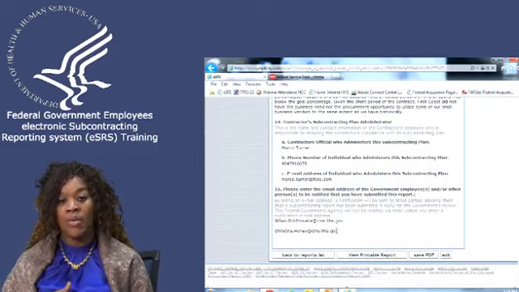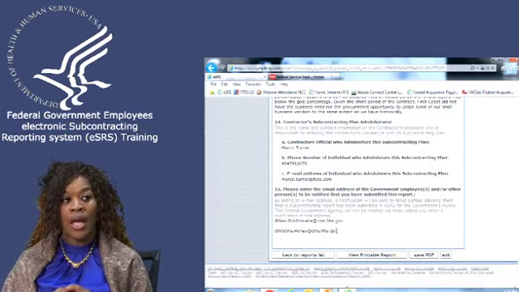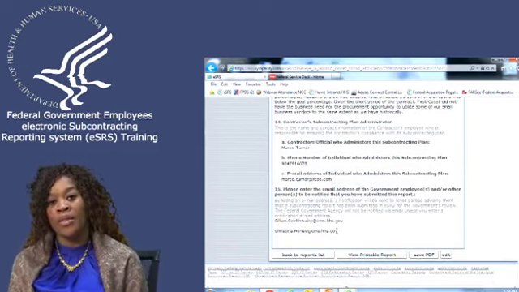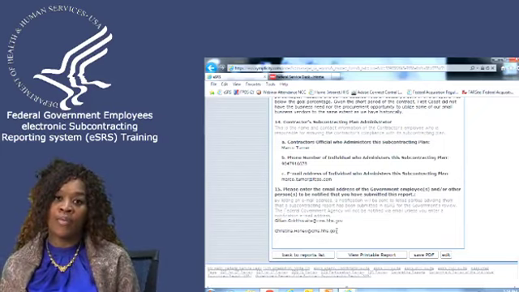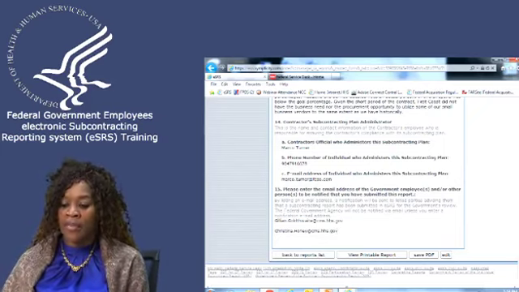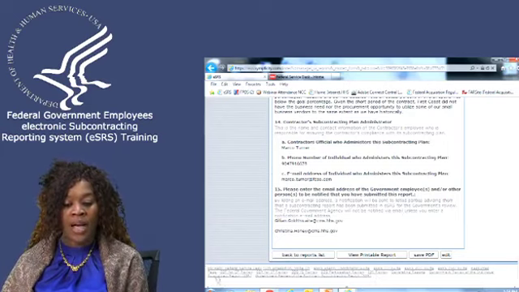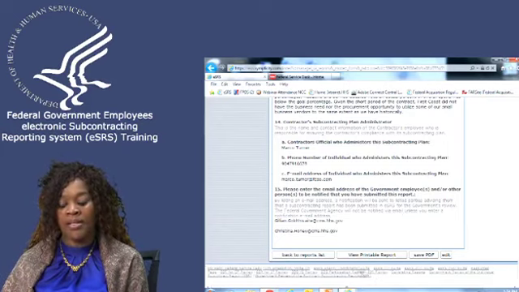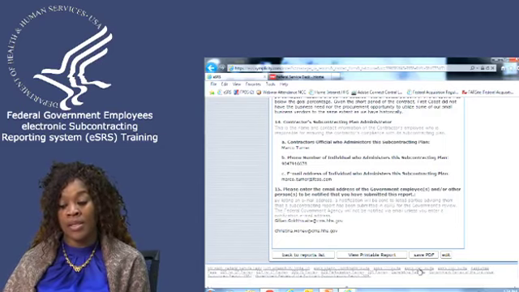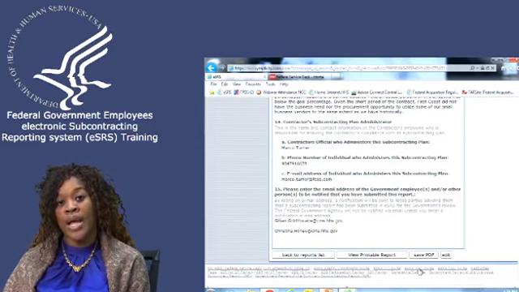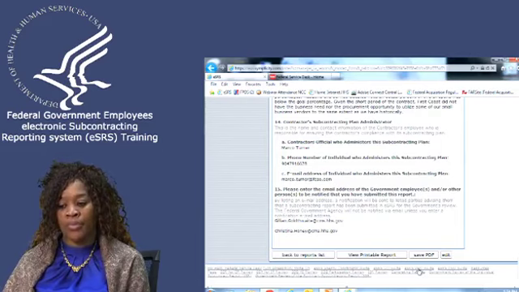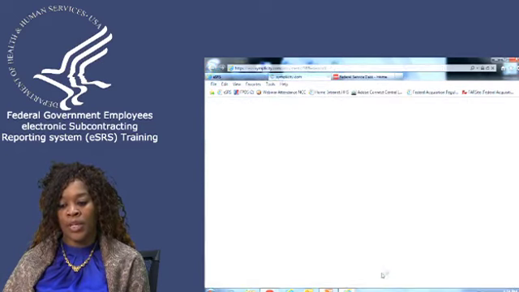Now that we've completed the ISR portion, I want to give you some information about assistance whenever you need help with the eSRS reporting. At the bottom of the screen, these are live links to the various types of reports that are in the system. And they give you hands-on instructions on how to review reports. I mean, they give you verbatim information. So if you were reviewing an ISR, you would click on the ISR review. It will open up in a different window.